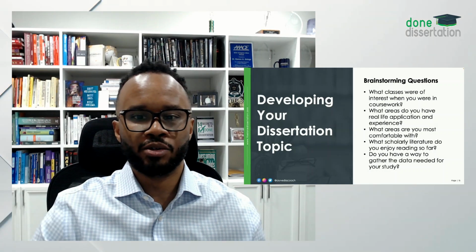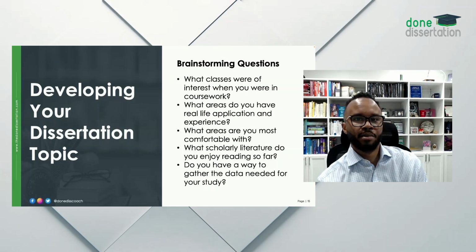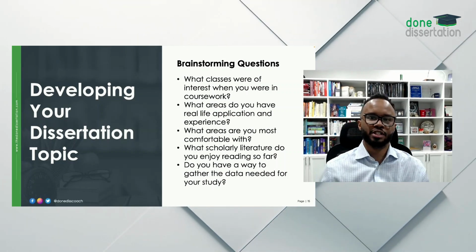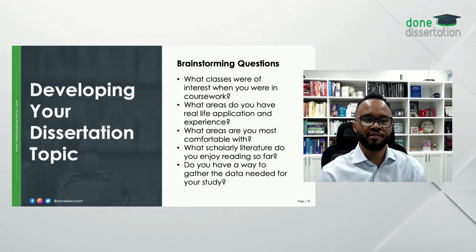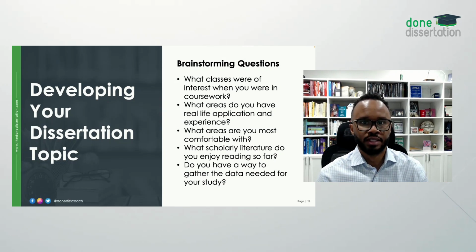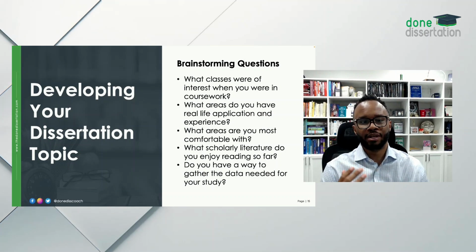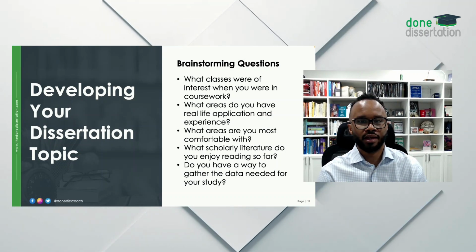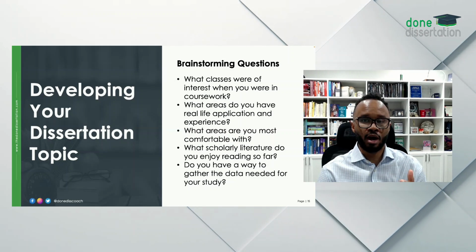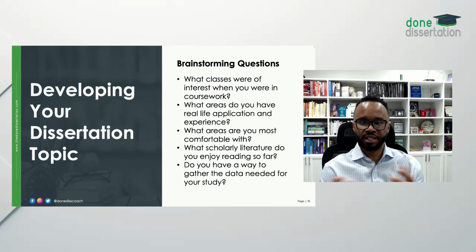For instance, it makes no sense. Let's say you wanted to study athletes and you decide, hey, I'm going to study the experiences of NBA players who go back to college, right? But you recognize that you have no connection to the NBA players. That would not make for a good dissertation. Even though the topic is clear, it would not be a good dissertation for you, because that's not something you could easily implement in the time frame that you have to get a dissertation done. Because remember, you need relationships to get data.